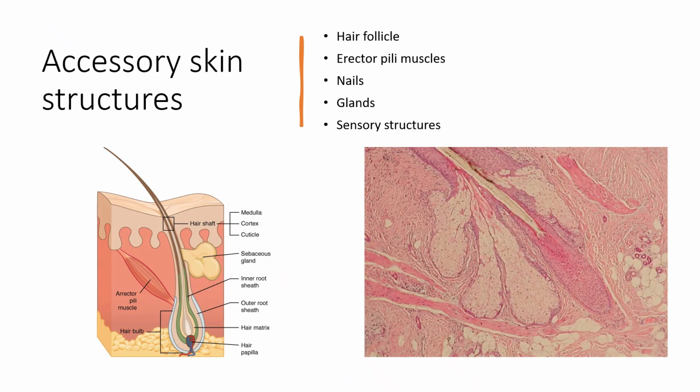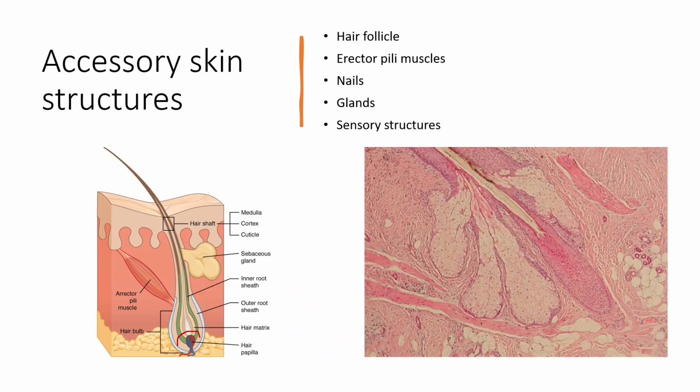All right. So accessory structures in the skin, these include things like hair follicles, glands, our nails, and our sensory structures. So we're going to talk about all of these. Okay. So here is a hair shaft, or what we call a hair follicle. It's made up of the shaft, the inner sheath or the root, which has some blood vessels. There's also usually associated sensory structures, which are very close, which is why it hurts to pluck out a